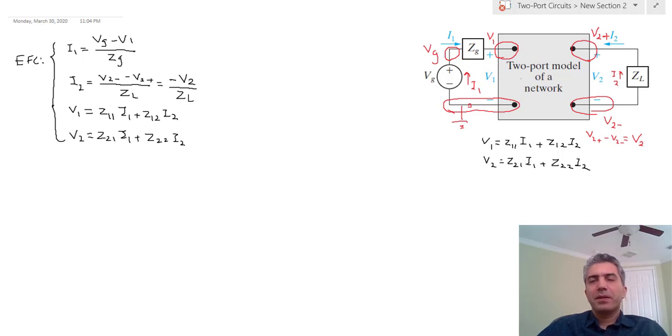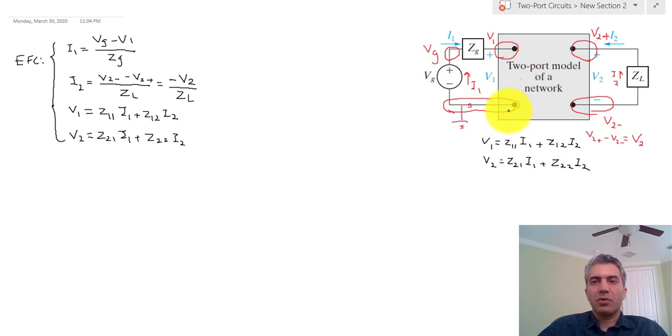Hello everyone. In the last lecture we learned how to use the two-port model for a network to do circuit analysis using that model, and we practiced that on this specific circuit, and we showed that you just have to follow the same three-step algorithm: label the circuit,